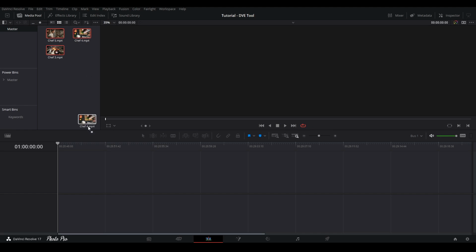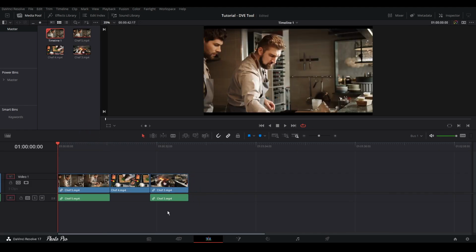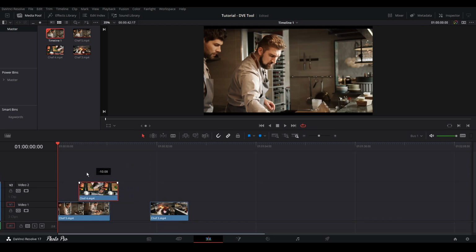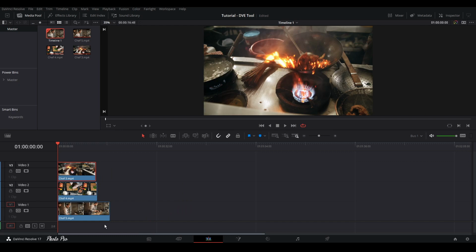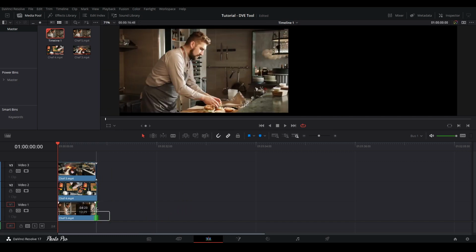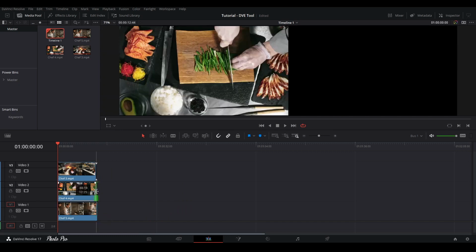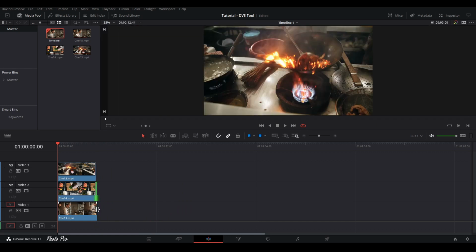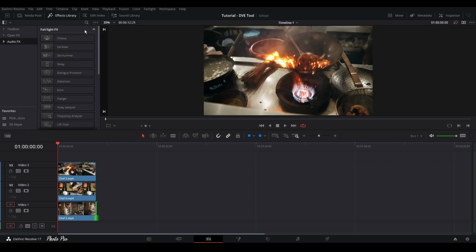Let's grab these three video clips and put them on the timeline. Let's just press Alt and delete these audio files. So now we're gonna do something else. Let's stack these video clips one onto another. You can match the duration if you want. It's not necessary to do that, it just looks better. Next thing, let's close the media pool and go to the effects library, go to toolbox,